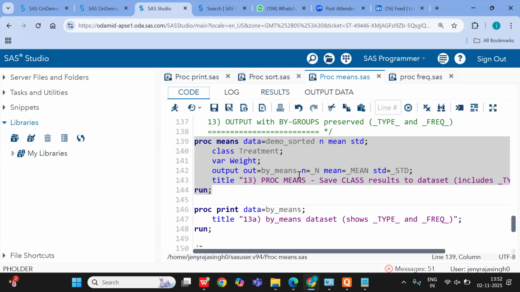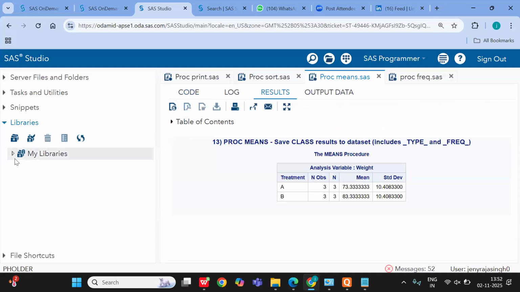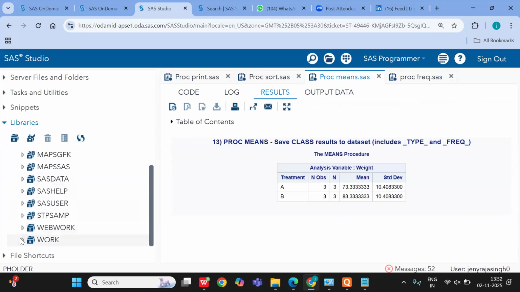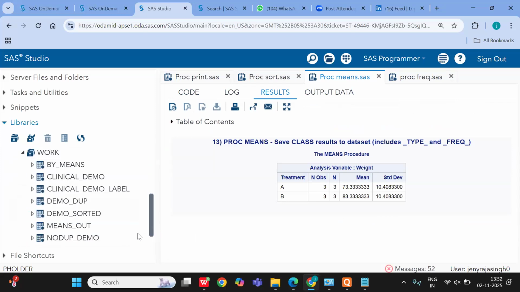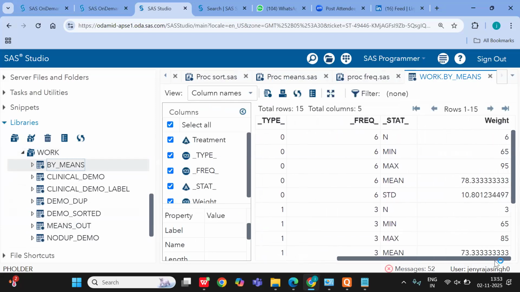Suppose if you don't use this, and then if you check in output, the n, minimum, standard deviation is there, right? So if you don't want to display this way,